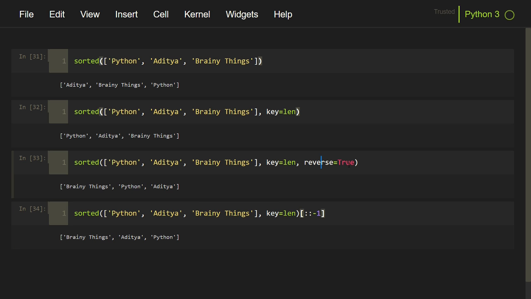When we pass reverse equal to true, the tiebreaker condition still remains the same, that is the first elements in the original list will come first in the final list as well, even if we have reverse equal to true. When we sort this list by normal criteria and then reverse it, the tiebreaker criteria is not maintained. This means that the sorted function is stable in nature.